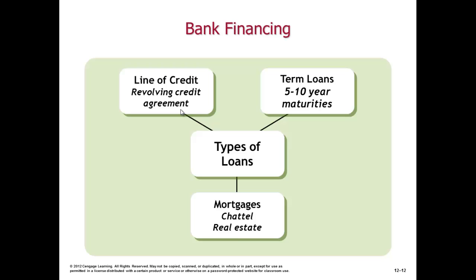The line of credit type loan is what we call a revolving credit agreement, but the way it works is the bank will basically finance your accounts receivable, is what it really boils down to. And they don't take possession of accounts receivable, but they use your accounts receivable, perhaps some assets, as collateral against these short-term loans. These are short-term loans. They're designed to be paid back on a revolving basis. So let's say that I have a month coming up where I know my accounts receivable are going to be slow coming in, or they're going to be bulking up for the next month. Then I will go to my banker and say, I would like to